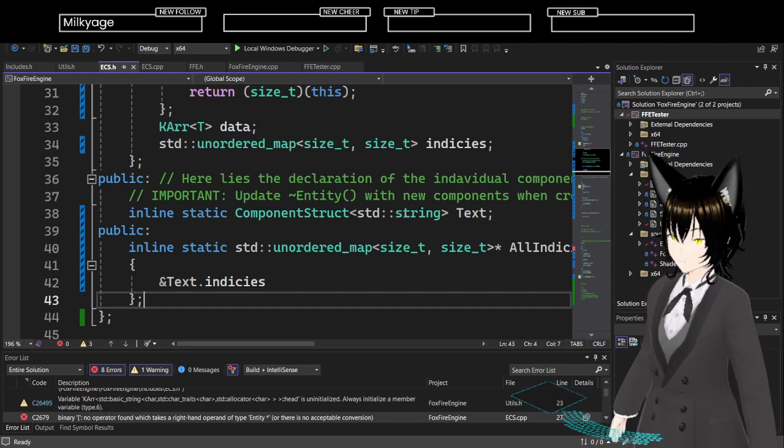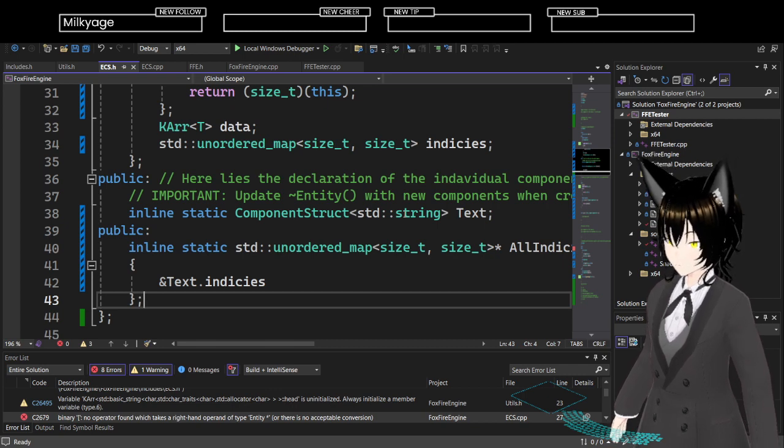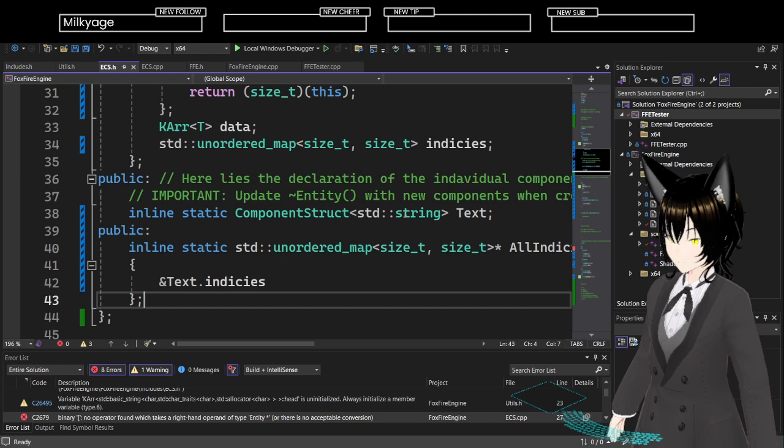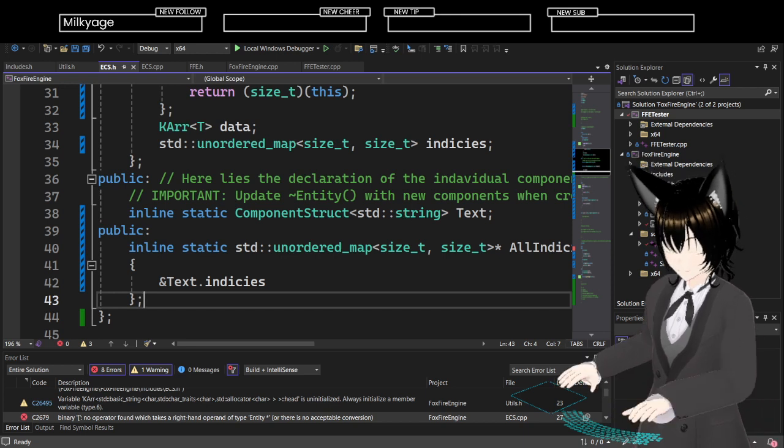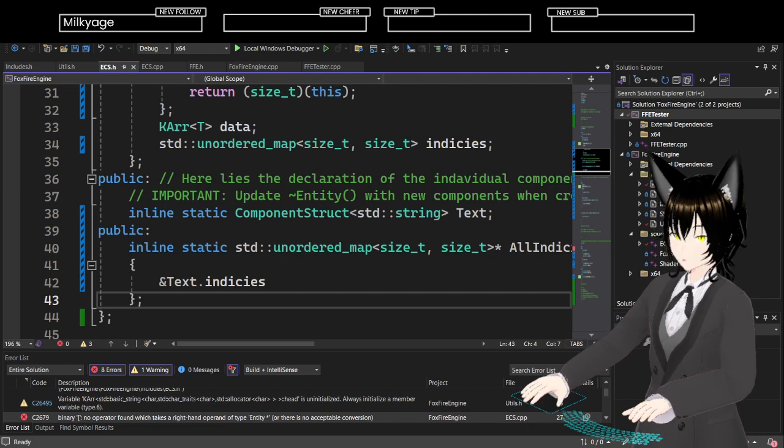And there's nothing. It's very strange. I'm not entirely sure what's going on there. That is strange. Let me take a quick look at what's going on here.